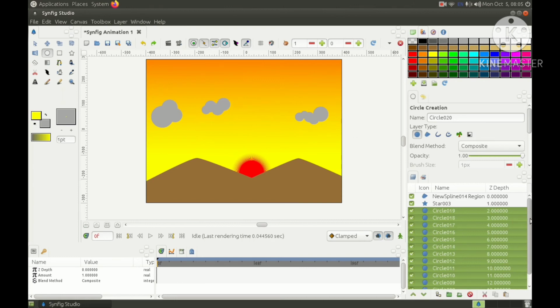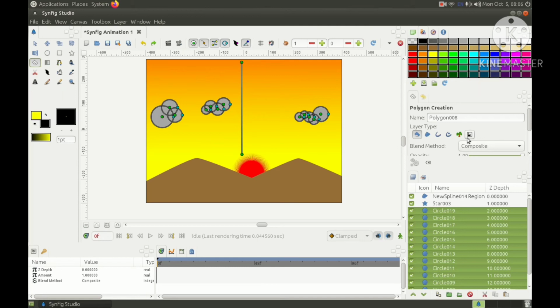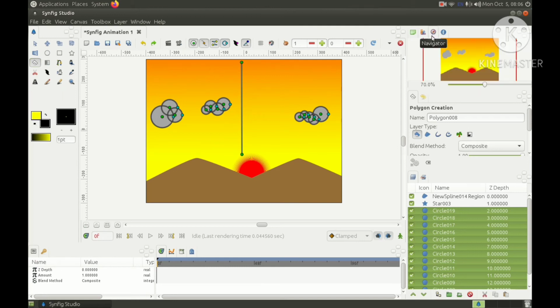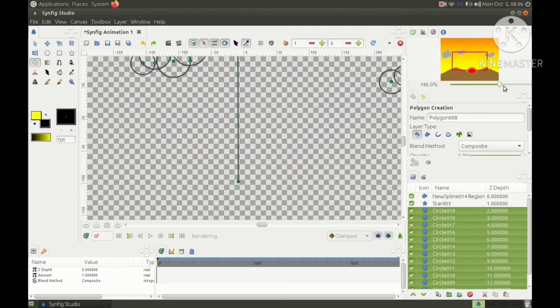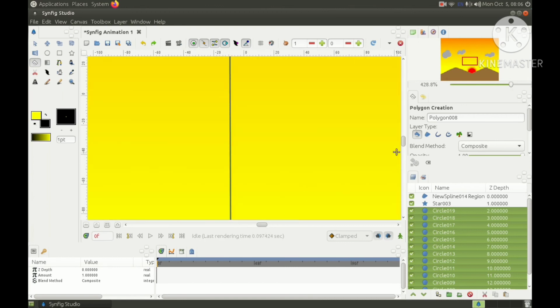Okay, you can see here. Now I want to create birds. For that I'll simply select the polygon tool. I'll select black color and zoom in my canvas.